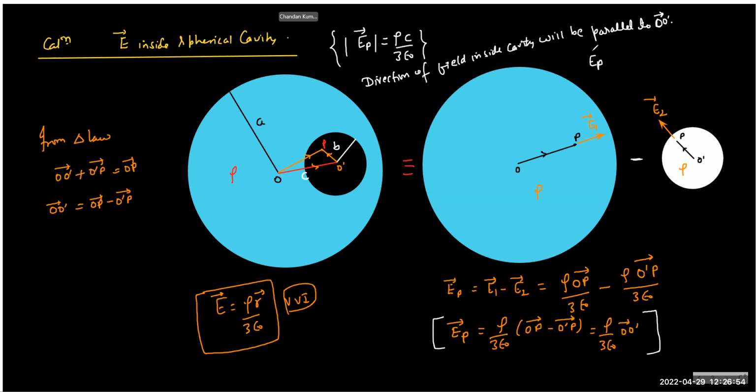And therefore, if I want to represent the field, once we know the center, and this is O dash, the electric field in the cavity will be parallel to this line